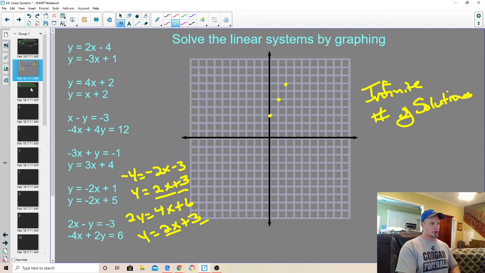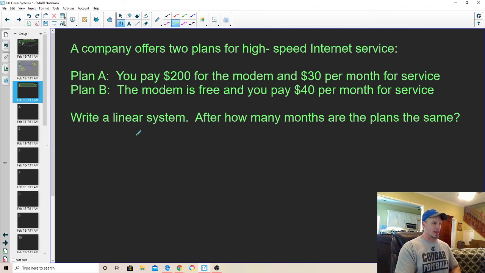Now let's look at word problems and see how we're going to handle that. A company offers 2 plans for high-speed internet service. Well, it makes sense because the system has 2 equations. Here you pay $200 for the modem and $30 per month for service. So for plan A, y equals $200 for the modem. That's a one-time charge. It's not multiplied. It's just added one time. So it's 200